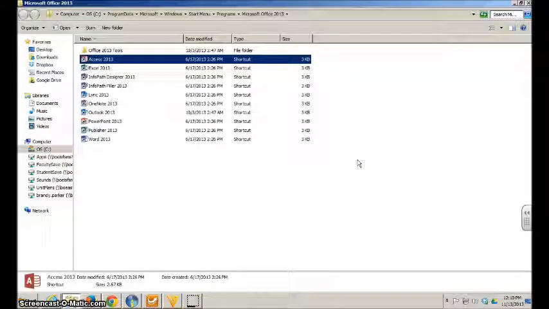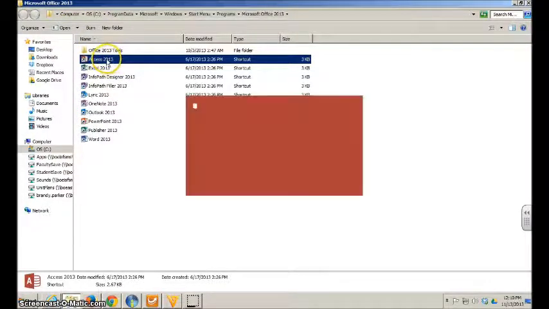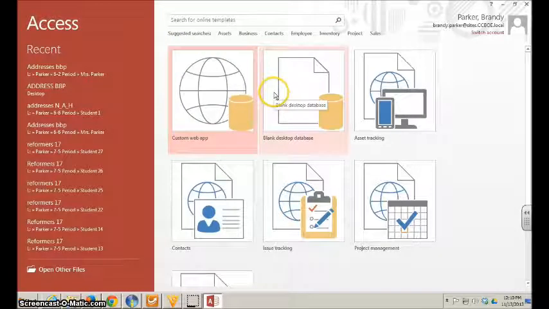This is Project 17 in Microsoft Access. We're going to start by keeping open our Microsoft Office folder from the desktop, and we're going to double click on our Access icon. Now we're going to click one time on this icon that you see here called Blank Desktop Database, just one time,